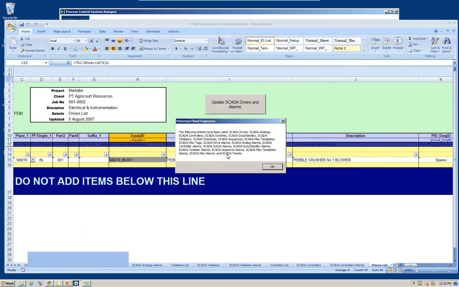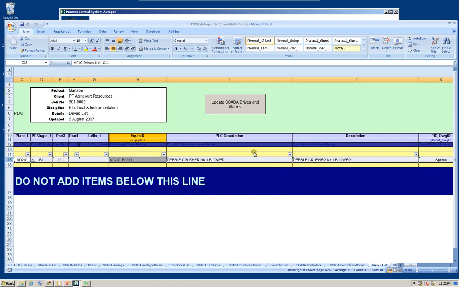So it tells us that all the SCADA tags have been generated. So then we proceed with the graphics auto generation.